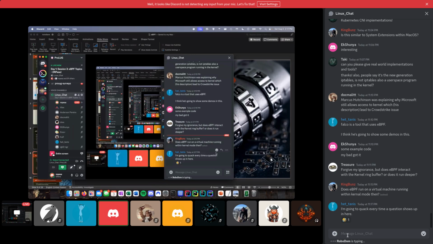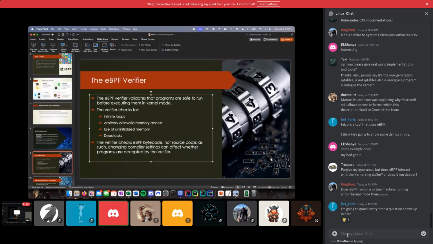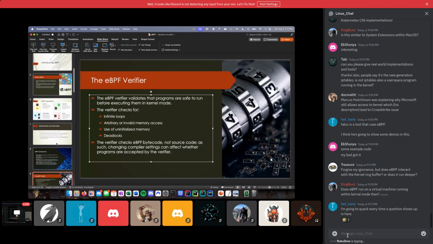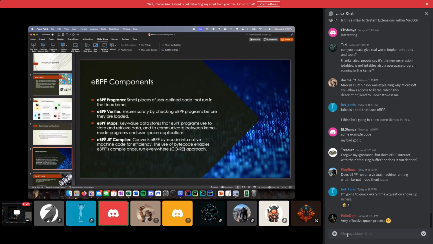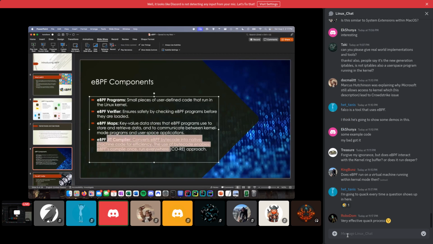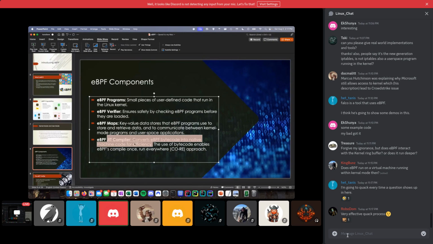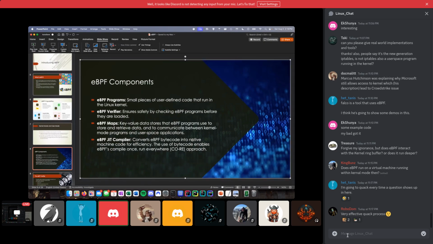So King Buns, you asked if eBPF runs in a virtual machine. Not really, but it used to, and there might be some architectures where it still does. So the just-in-time compiler takes care of turning that portable bytecode into native machine code. And off the top of my head, all major architectures do this. They do this for a lot of efficiency reasons. I mean, anything running in the kernel is going to impact the performance of your entire system and every application that runs on top of it. So it's really critical that it's running as fast as it can,